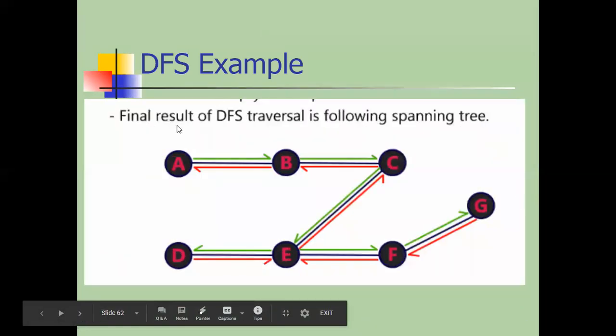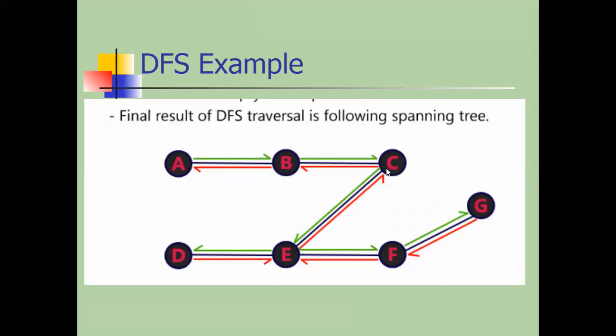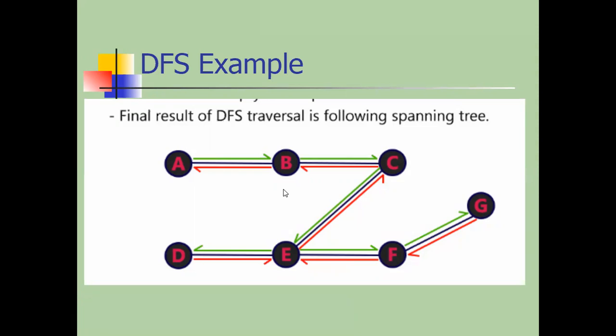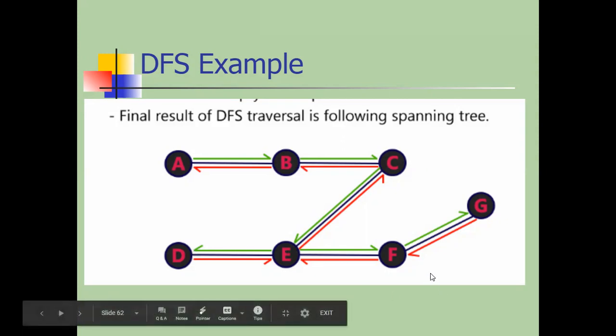And the final result of DFS traversal, कैसे आएगा? Everyone knows, A से start किया, then A to B, B to C, then C to E, E to D, E to F, and A to G. This is the answer of DFS traversal for the given graph. So I hope everyone is clear now how DFS traversal works. So we'll start from whom? A से start किया था, that's why the output will be what? A B C. जैसे हमने stack में डाला था, A B C E D F and G. This is the output of DFS traversal.